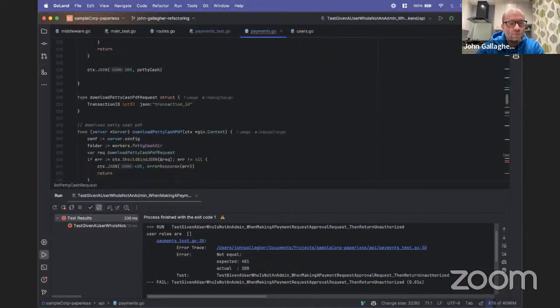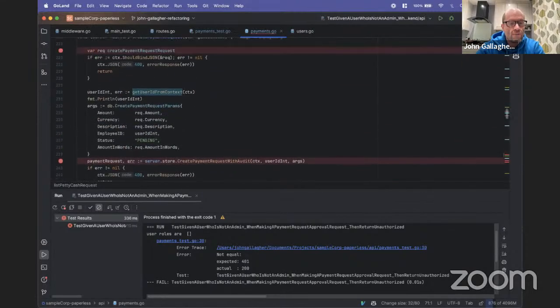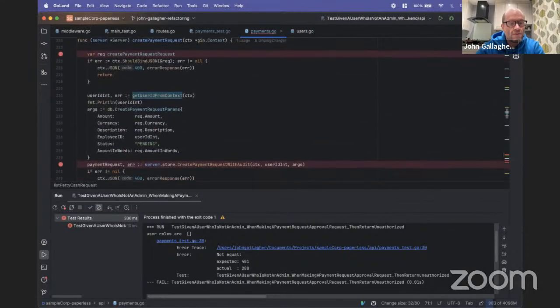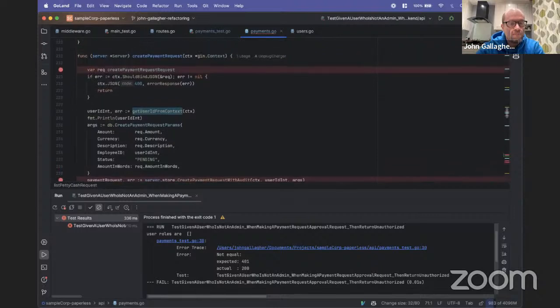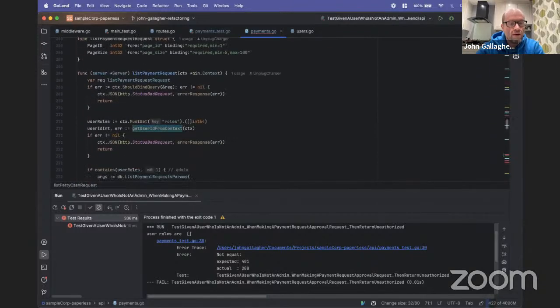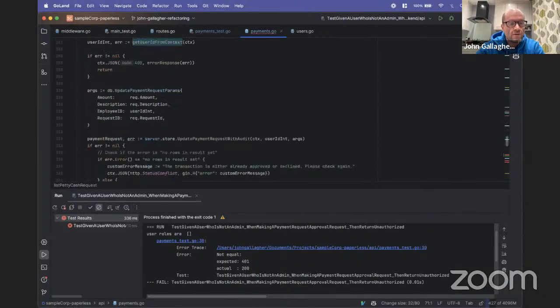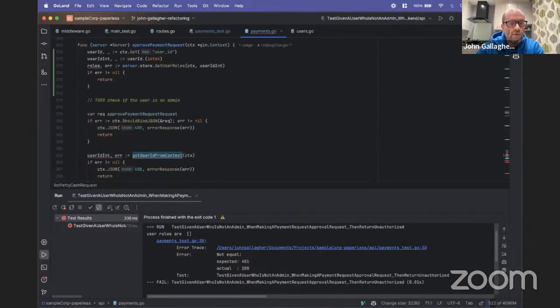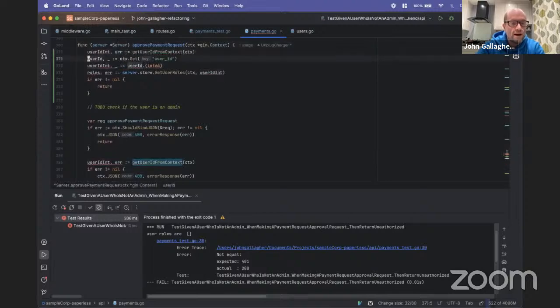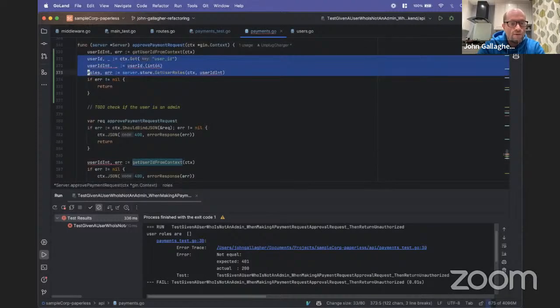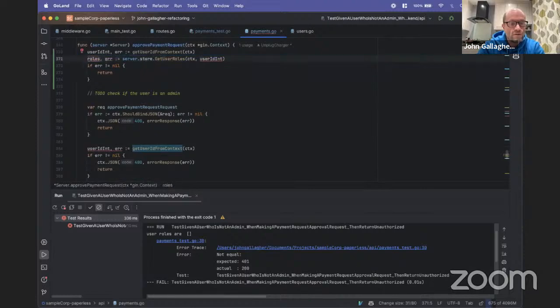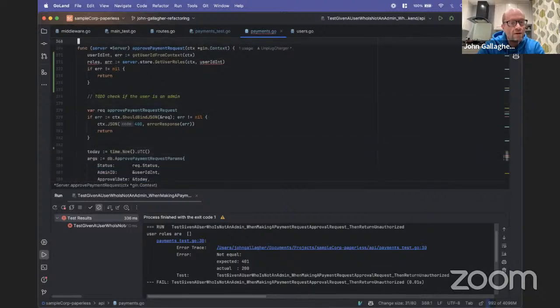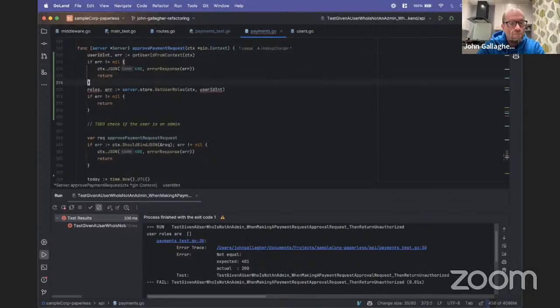So approve payment, where were we? Approve payment, create payment request. It wasn't create payment request, it was approve payment request. Update, approve, right. So we'll paste that in. We'll get rid of all of that nonsense. And then we can delete that. In fact, we'll just put that right at the very top. And